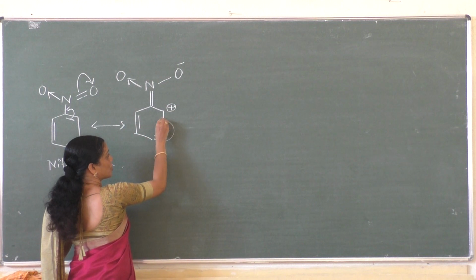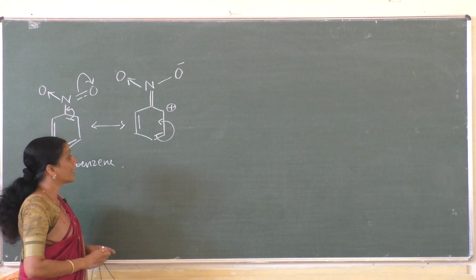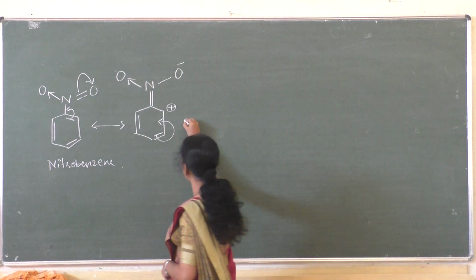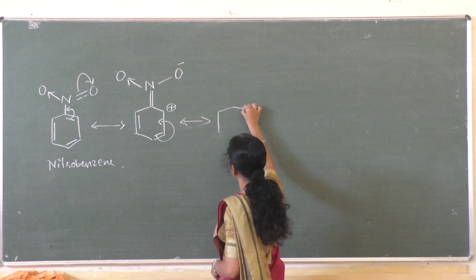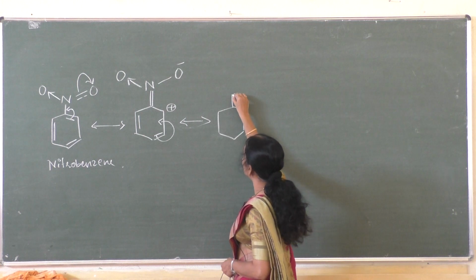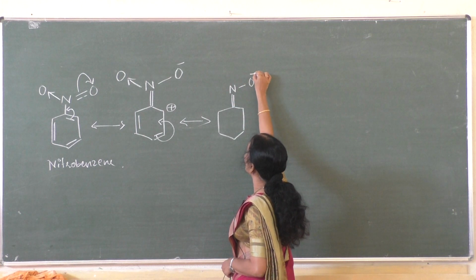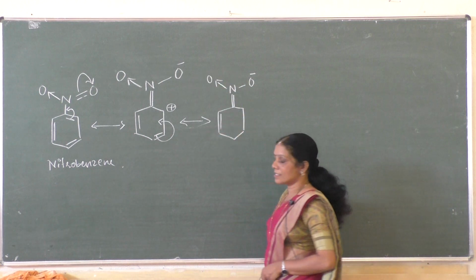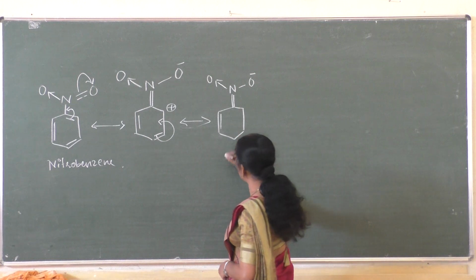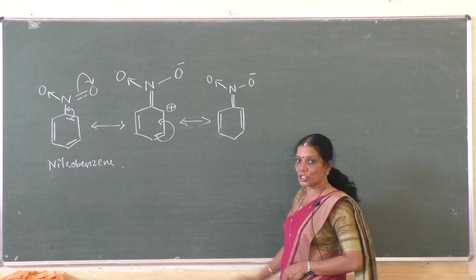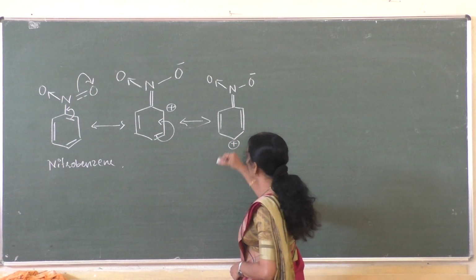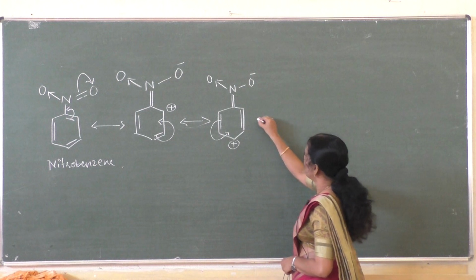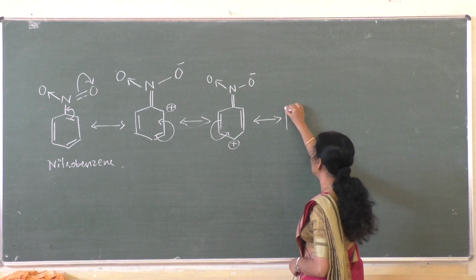Again, for the next resonance, the shift takes place like this. To attain stability, to reach a comfortable state, another delocalization takes place in the molecule. Hence, we get another resonance structure: double bond N, single bond O minus, and coordination bond with the O. We have not involved this pi bond. Let us write it as such. The shift takes place to this position, and there is loss of electron to this carbon atom. Again, the next resonance like this, arrow mark. You have to follow the arrow mark properly.